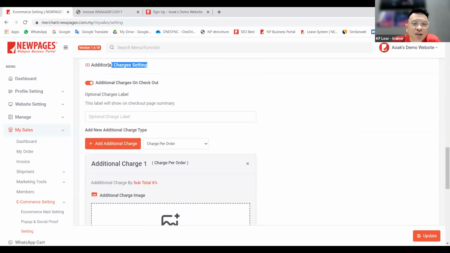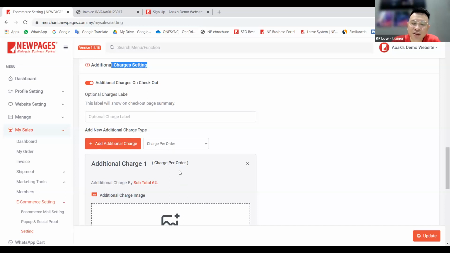Now, additional charges: when you want to check out, upon checkout, what are the things that you want to add? We have a few columns here. Most popular one is charge per order. Then we have subtotal less than amount, and then when subtotal more than this amount. Then we have charge by category. I would say the more frequent one is charge per order, but for charge by category,